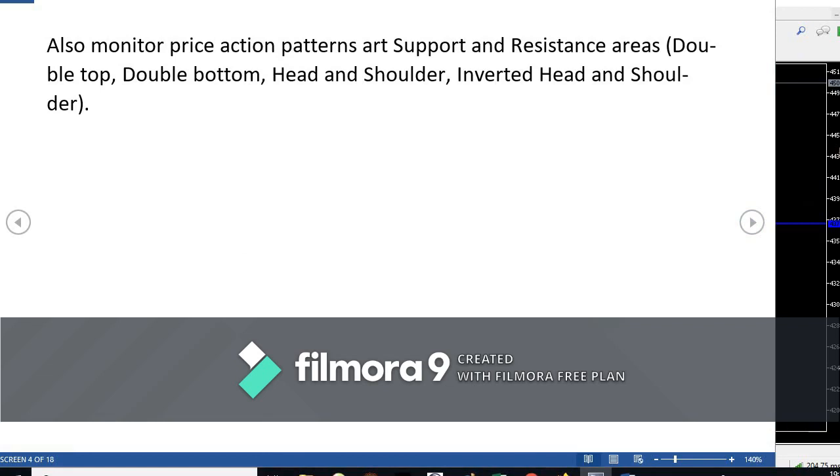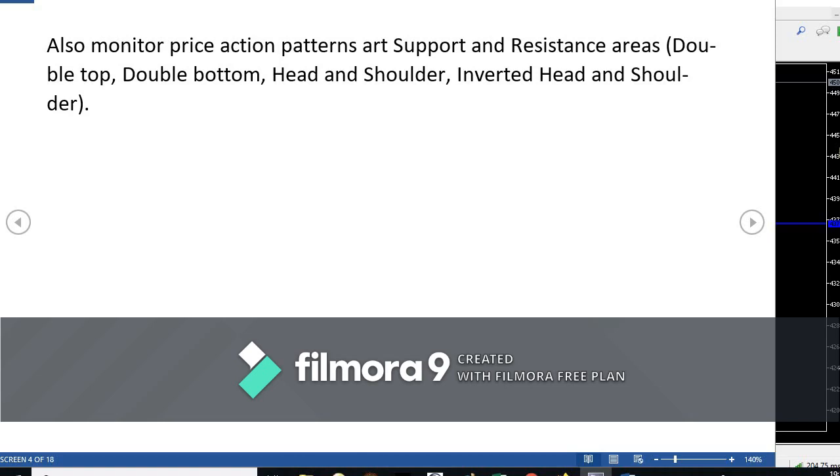You also monitor price action patterns at support and resistance areas. Examples of price action patterns are the double top, the double bottom, head and shoulder, and inverted head and shoulder. At support and resistance areas, all these patterns tend to develop before price starts to head towards where it's going to. Price will always go to where it's going to, but it leaves a kind of trail to tell you that this is what is going to happen. I'm going up, so I'm leaving behind an inverted head and shoulder, or I'm dropping, so I'm leaving behind a double